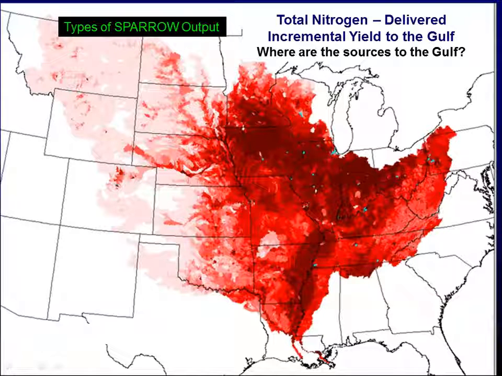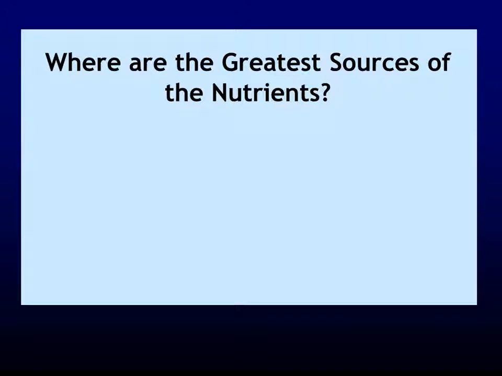So we have how much is coming from the landscape, but we can also look at how much it takes to get it all the way to the end of the basin. And this is really important. If you're interested in, let's say, Lake Michigan or the Mississippi River and the Gulf, and you want to say, how much do I have to reduce to get a certain impact? Now we can say how much it takes to do that. If you have a lake intercepting it, if you're on Lake Michigan and you have Lake Winnebago intercepting a big part of that load, if you're upstream of that lake, it's not going to have the same impact as if you're right down near the Great Lakes themselves.